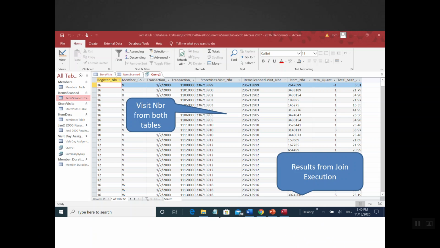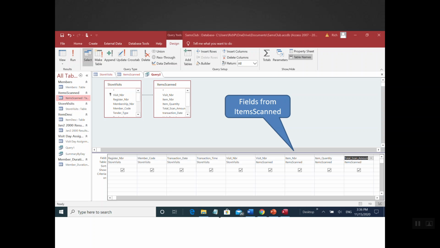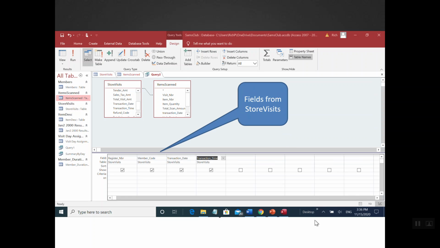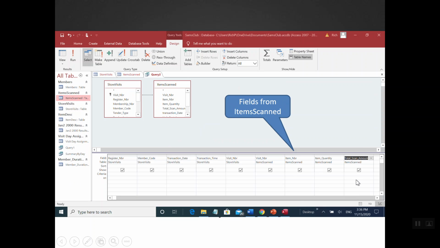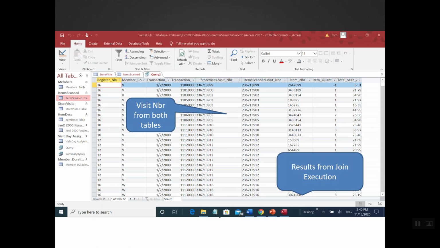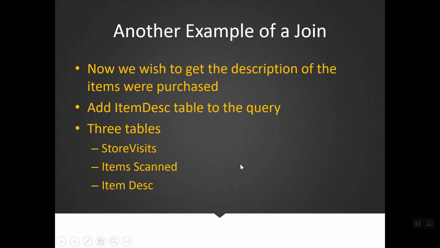All right, so let me go back through what I had done. When I executed this, what I would get: fields from the store visits, fields from the item scanned, and the visit number from both tables. And this is the result of the join. And we can do another one. This is the other one we did, when we wanted to add the description to the existing query. All I did is add the item description table to the query and join the scanned items to the item description. And then where those matched, I would display the item